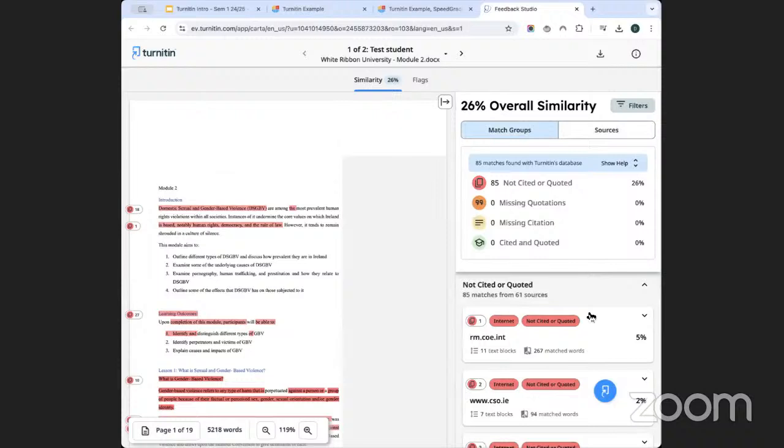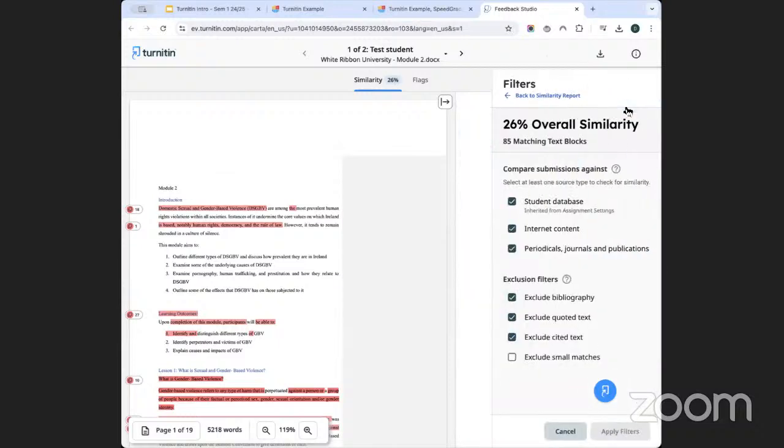What I can do if I feel like doing so is click on the filter item up here. This will allow me to adjust some of the items which we had previously ticked in our Turnitin options. For example, compare submissions against, we know what that is already. But I might decide I want to exclude bibliographies, exclude quoted text, exclude cited sources, and so forth. And if I hit apply filters, then